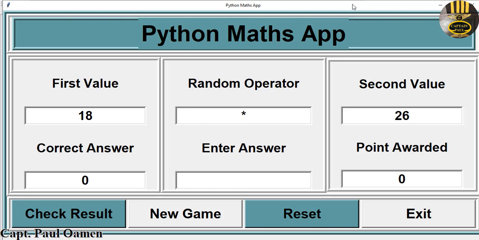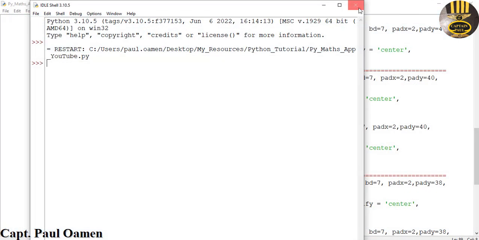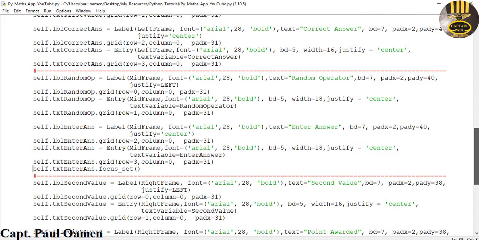Now the next thing I want to do is, once the application opens up, I want the text to speech to tell me what value we have in there, the operator we're using, and what is the value we have on the second entry widget. So I'm going to exit out. So let's go back up here,